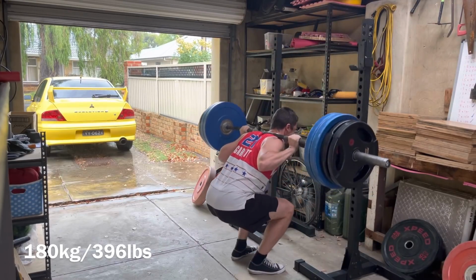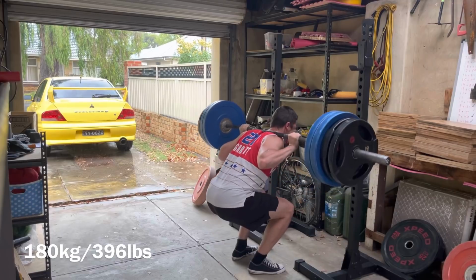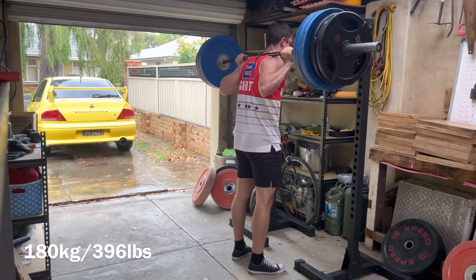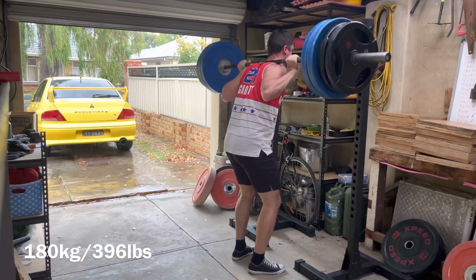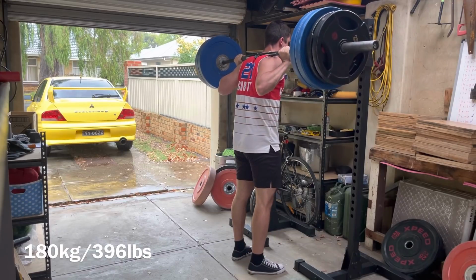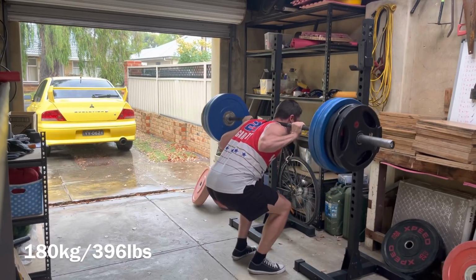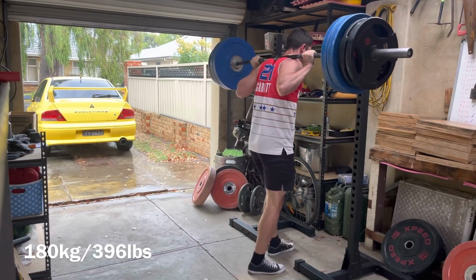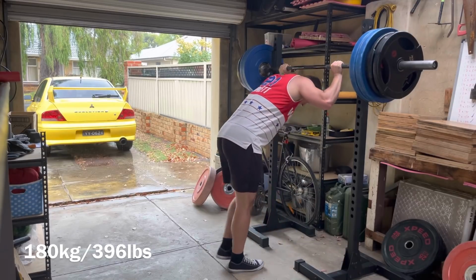Today, the weather wasn't nice here. It was warm. It's still warm. It's kind of still summer in Australia. But it was very humid, still around 30-degree temperature. I was hoping today to put all this stuff in the car and take it somewhere. But it was just pouring too much. I'll be soaked. So I didn't opt to do that. Maybe tomorrow, but it looks like there's going to be a few days of rain, which is unfortunate